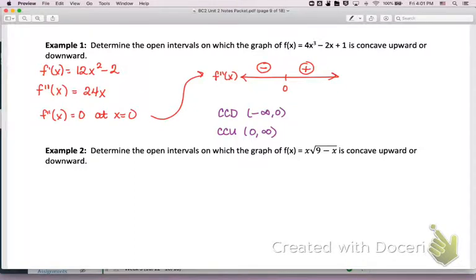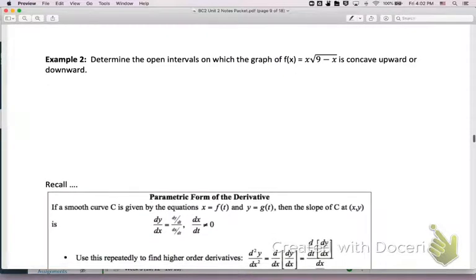This is where, if you remember from last year, we have to kind of take the domain of our function into account. This derivative does not end up very nice, unfortunately, but this is some good algebra for us to look at. So the first derivative is going to need a product rule including a chain rule. We want to think of this as x times 9 minus x to the 1/2 power. Here we go. There's a little bit less room here than I would like, so you might want to write